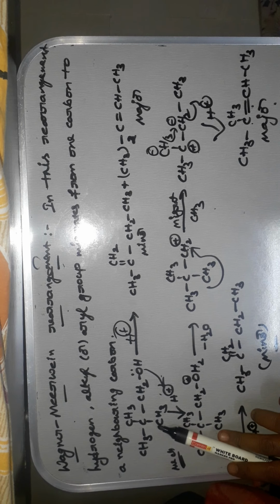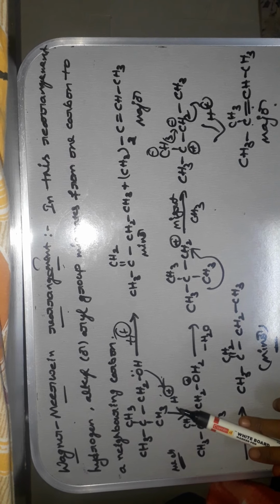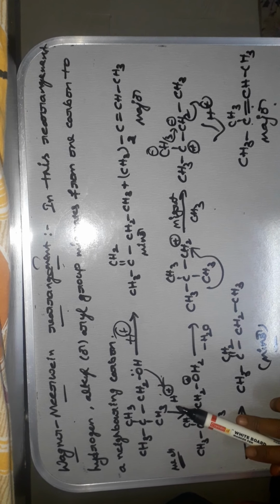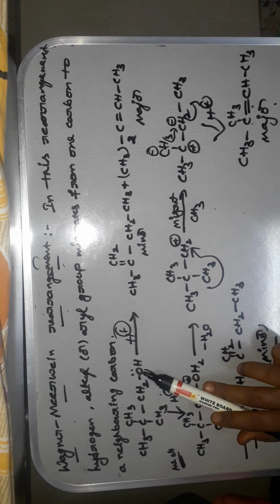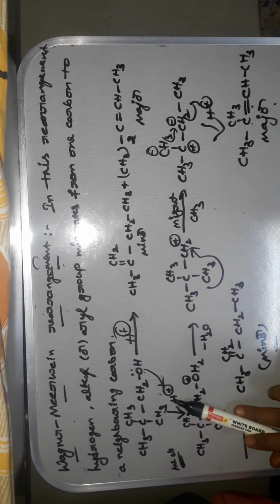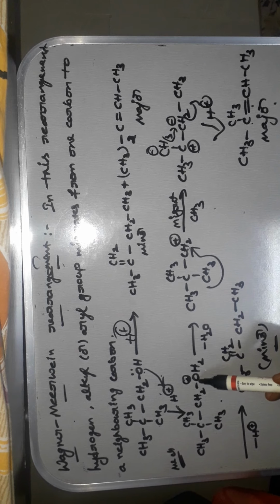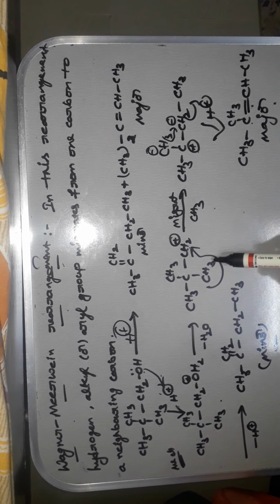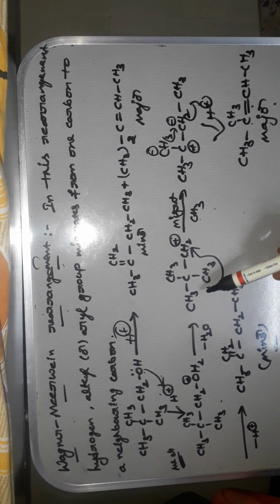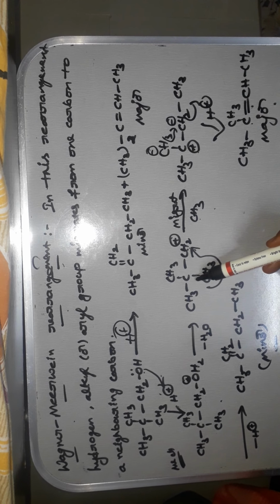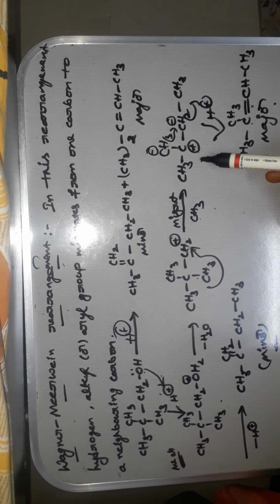Mechanism: we are taking an alcohol which undergoes reaction with acid. Acid always gives hydrogens. So the lone pair of electrons on the oxygen atom abstracts these hydrogens, which undergoes protonation to form a product like this. In the next step, elimination of this water molecule to form a carbocation, which is a primary carbocation. This undergoes migration of this methyl group from this carbon to this carbon to form tertiary carbocation. This is primary and this is tertiary.